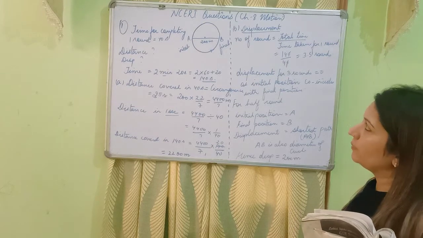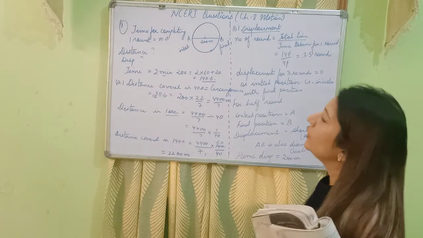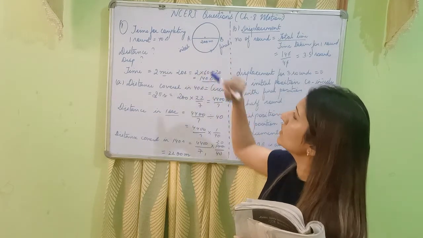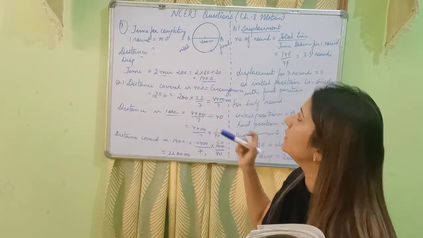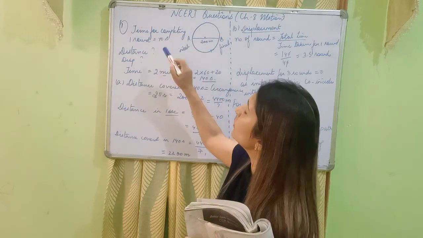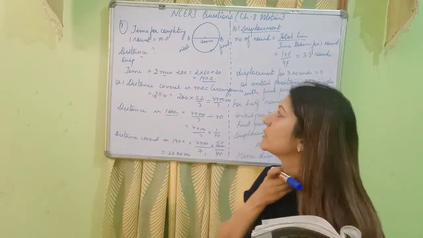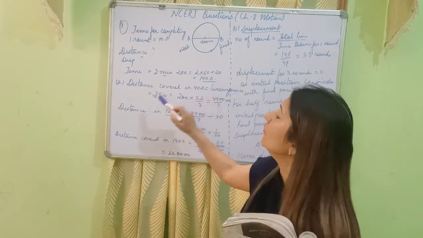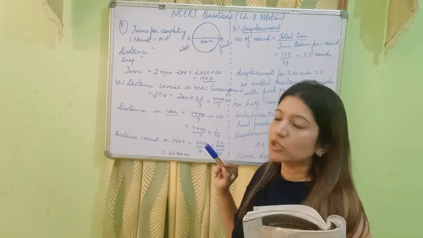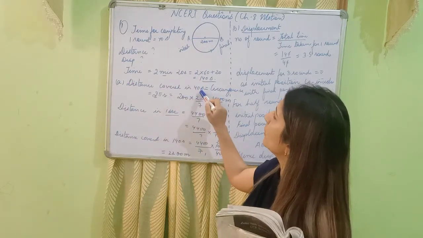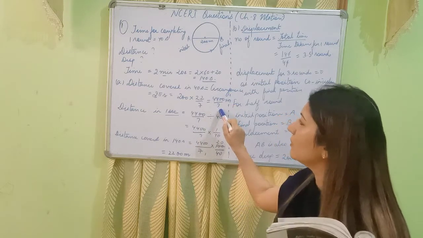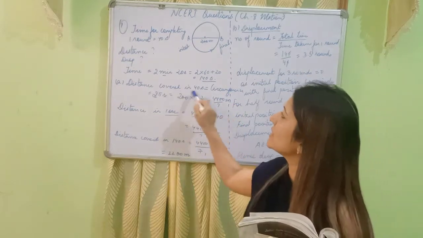I think I should repeat the question. You need to find distance and displacement both for an athlete running around a circular path, and time taken for completing one complete round is 40 seconds. You need to calculate distance and displacement for 140 seconds. The distance covered in one round is the circumference of the circle. So for distance covered in 40 seconds, we'll calculate the circumference of the circle. This would come out to be 4400 by 7. Now this is distance covered in 40 seconds.